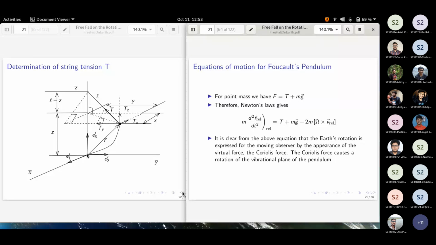At any instant of time, the position vector of the mass is r bar or r arrow, whichever way you denote it. Then the unit coordinate vectors along the x, y, z or the east, north, zenith axes are e1 dash, e2 dash, and e3 dash. So this is the picture we can have in mind. Then if we look at these two triangles, we can construct three such sets. Let us see what it means.